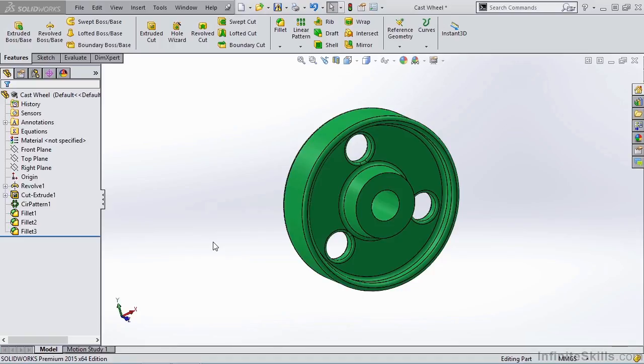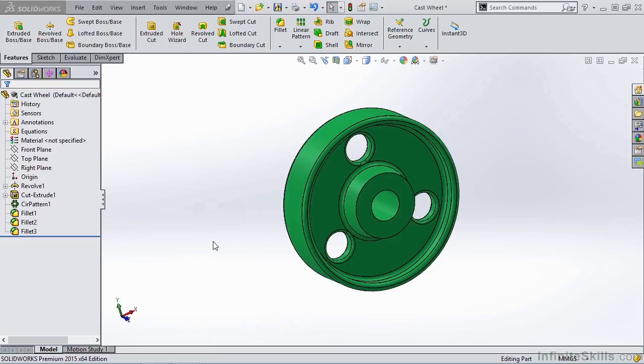Now we're going to take a look at the parent and child relationships when creating SOLIDWORKS models. When new SOLIDWORKS users first hear the term parent and child relationships, they assume the concept is going to be a difficult one to learn. However, the opposite is true. Parent and child relationships are easy to understand as long as you know a child cannot exist without the parent.